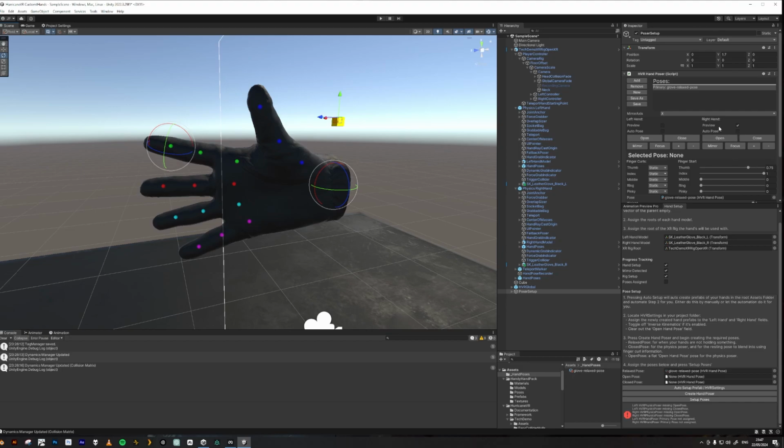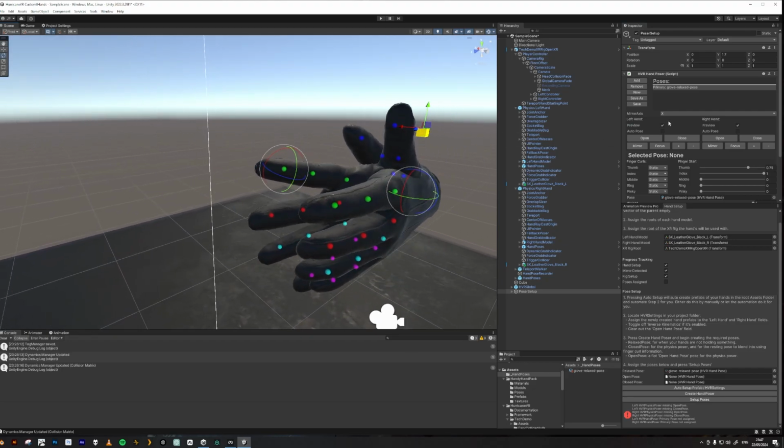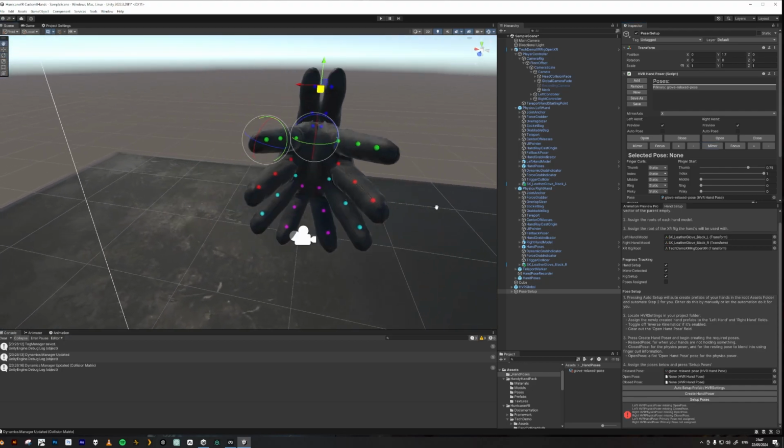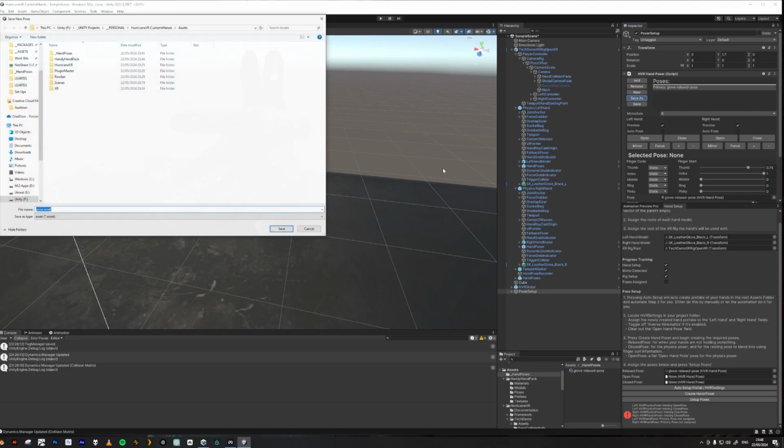So we've got the preview of the right hand, and you can preview the left hand, and you can see that it's obviously still got the old pose, but we want to mirror this to left. So right hand is posed, mirror right to left, and now we've got both hands showing the same pose, and we're good to save. So glove open pose,